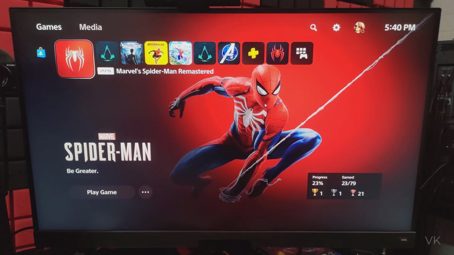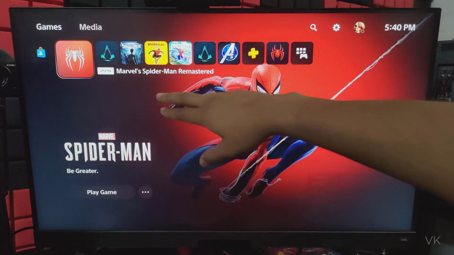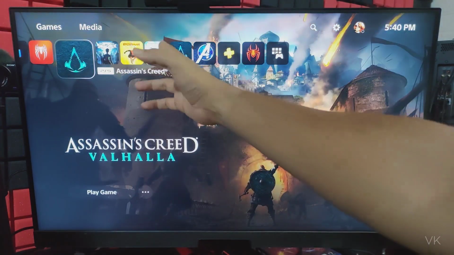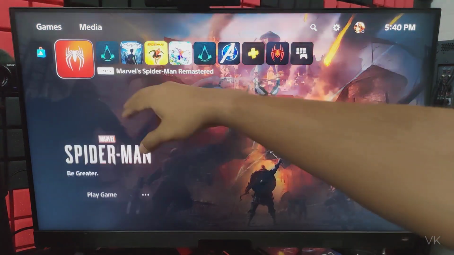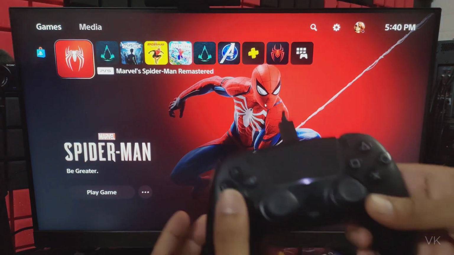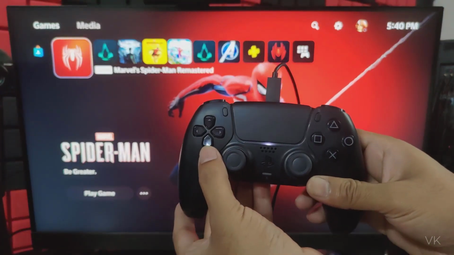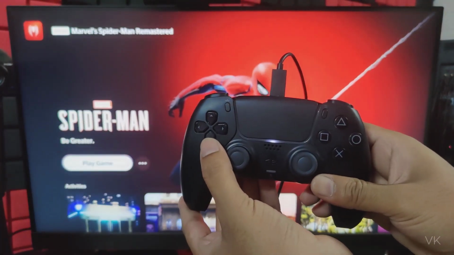For example, you want to continue quickly, so that there is no loading title or anything. If you already started the game and just want to simply continue directly within the game, that's what I'm going to show how to do. So here, choose which game you want. For example, if you choose this on your PS5, on your controller just press this down button in the D-pad